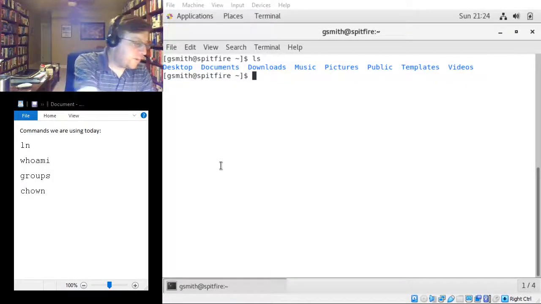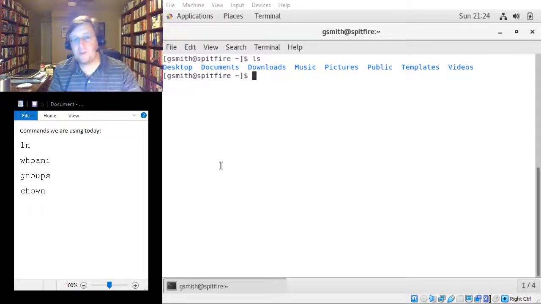Okay, so continuing with Chapter 3, the next thing we're going to talk about is file and directory permissions. There's going to be quite a bit of stuff here to unpack, so stick with me. One of the things we've talked about in the past is when we used an